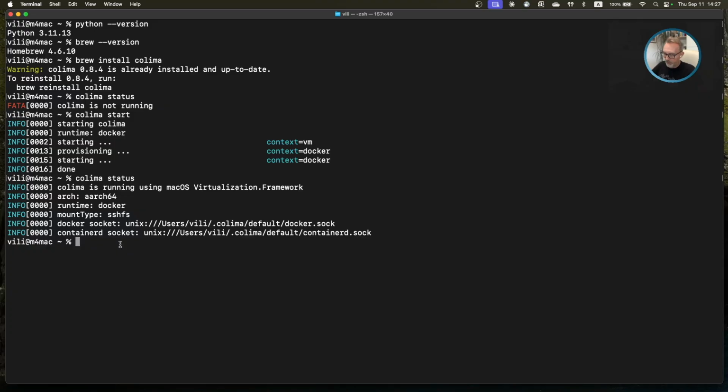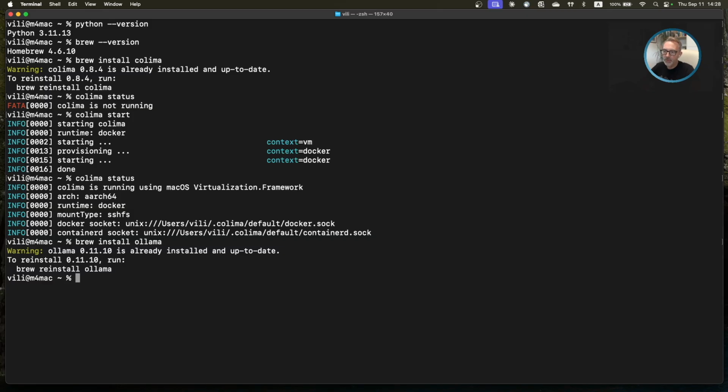So we have to install it first. So brew install Ollama. Since I already did this, Ollama is installed on my machine.